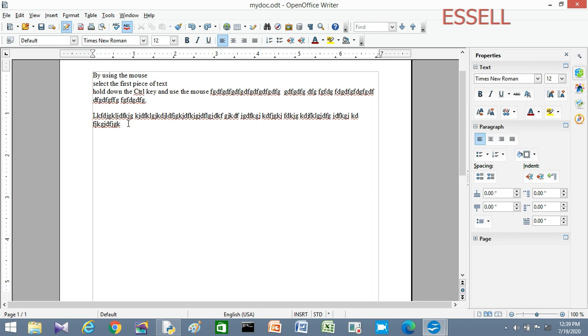Then moving and copying text. If you want to move this text to the end of this paragraph, I select it by using double click. When we use double click, we can select one word.